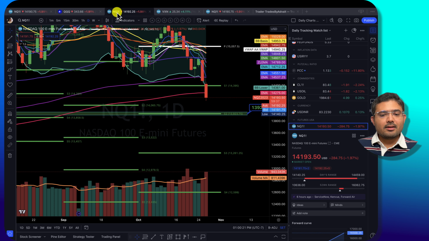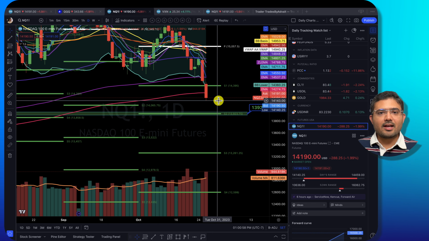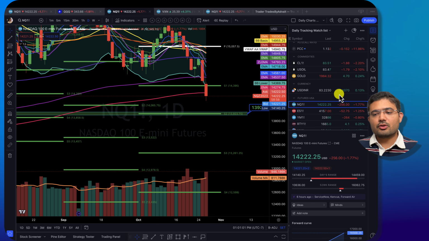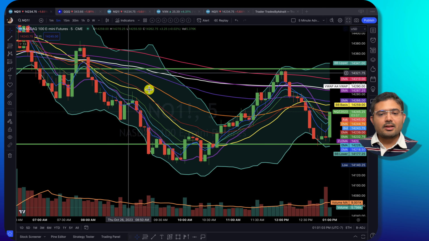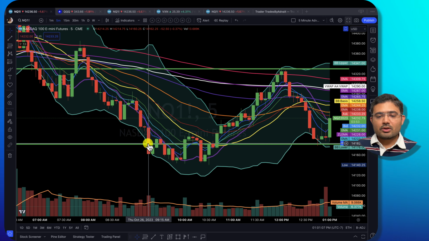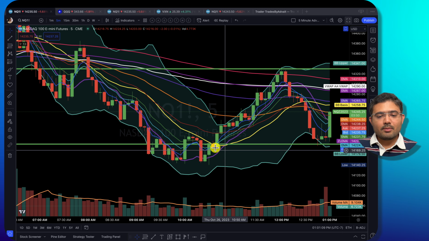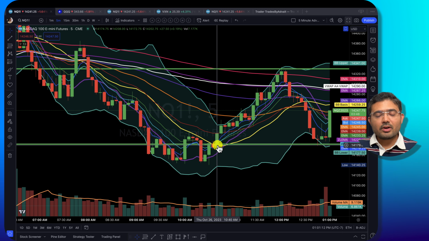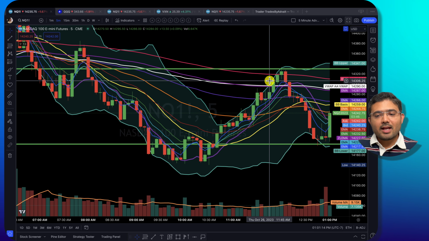So looking at the daily time frame, it was really down, almost like 2%. So what I did was I just waited for the S to confirm. Once it was chopping around like 50 points, and then once it got confirmed, there was a value going into